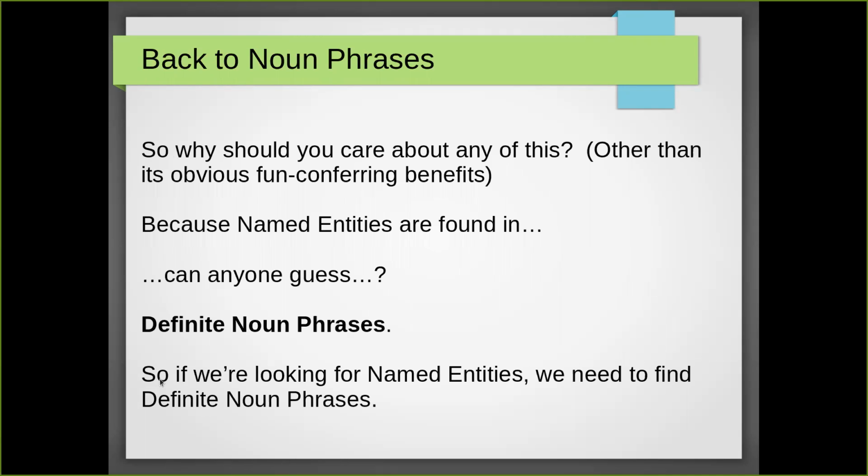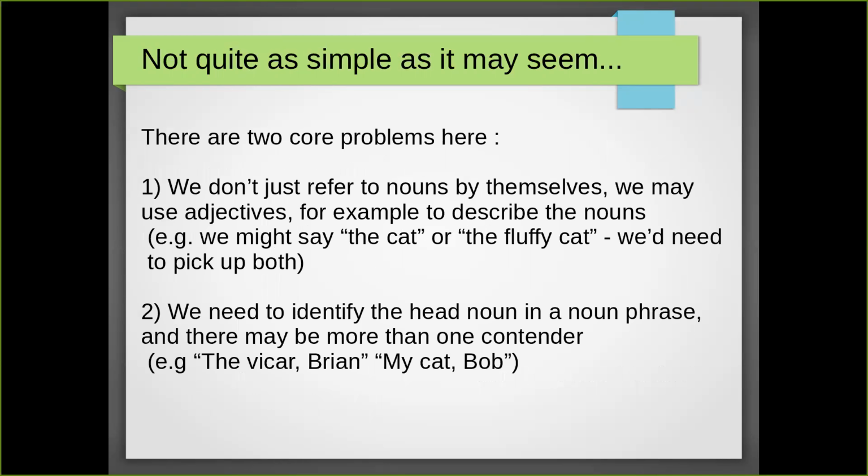And if you remember, I then said, why should you care about that? It's because named entities are found in definite noun phrases. So those are the things we need to look for if we're going to be trying to root out these named entity things. But we also identified that there were some potential problems with this because we don't tend to